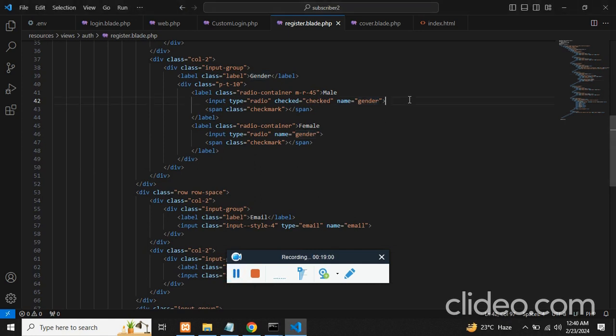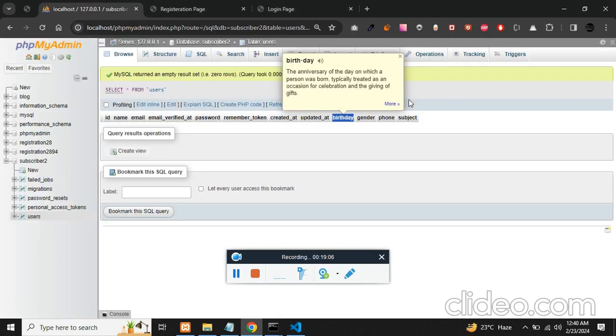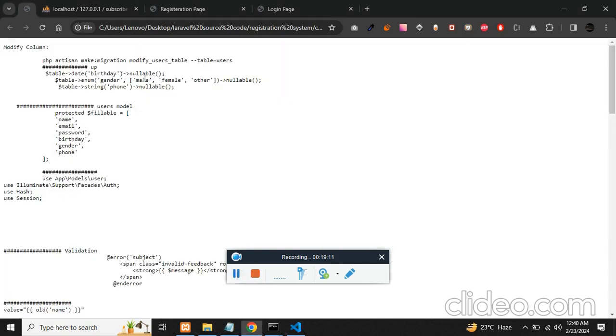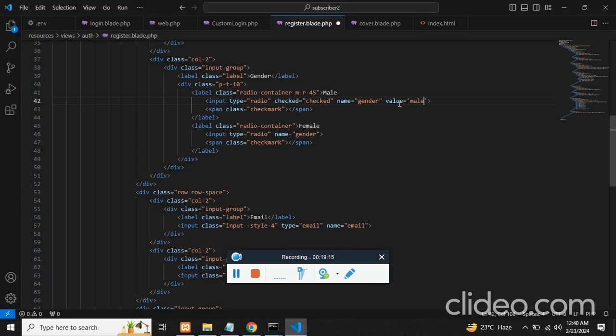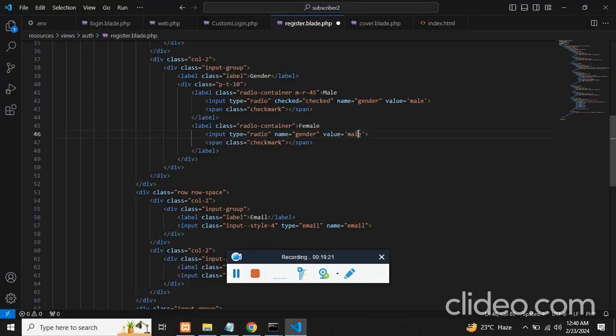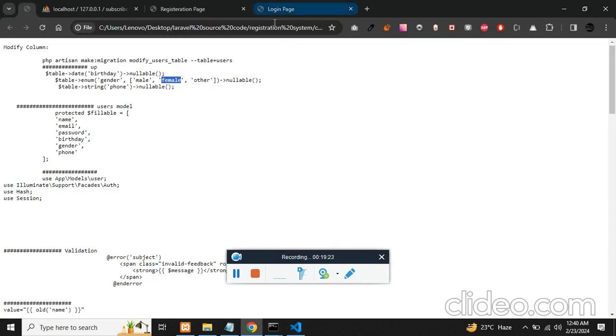It should have the value. As I said, you have mentioned the enum. There should be only one of these 3 values, or else it will throw an error. Value male, and this is for value female. Now